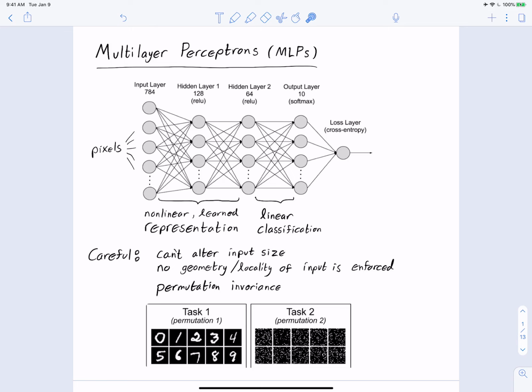Now, certainly task 2 is not something that humans would be solving, and this might lead us to believe that multilayer perceptrons are a process that might be improved by paying attention to what humans or animals might actually be doing. And one particular feature to pay attention to would be the geometry and locality information within images. So with that